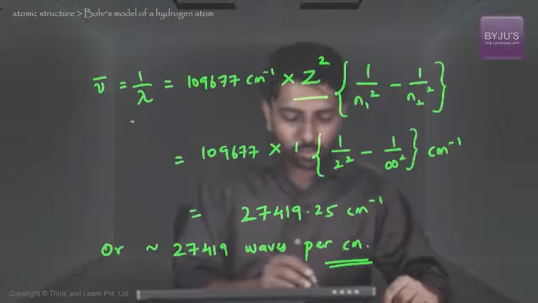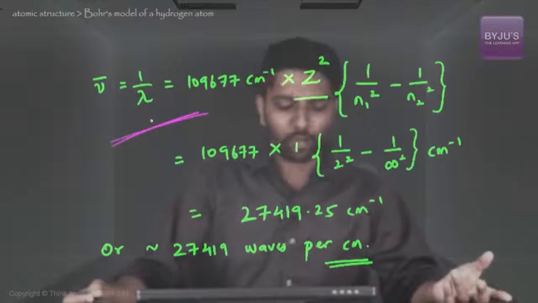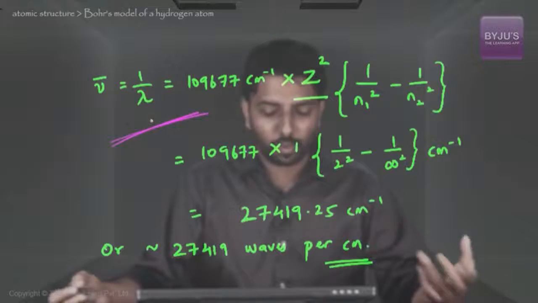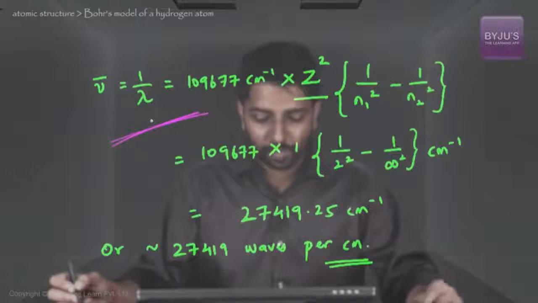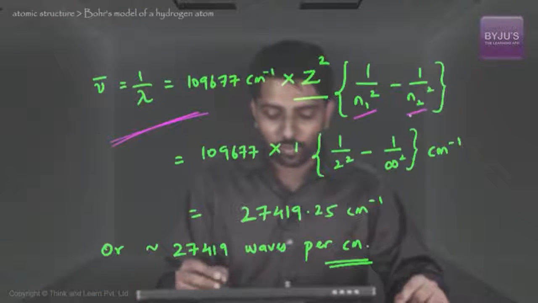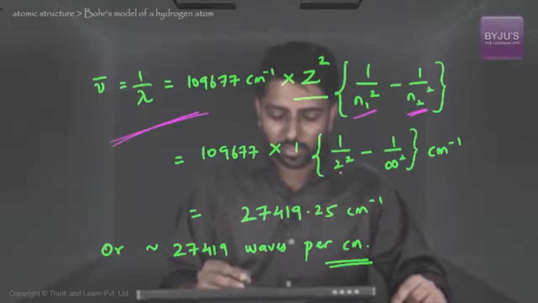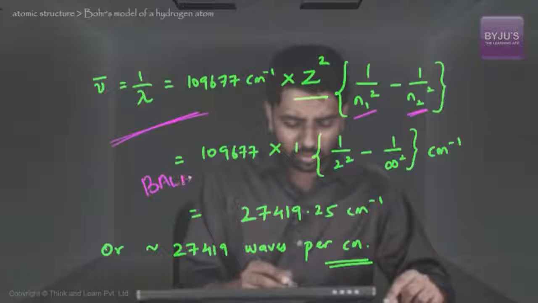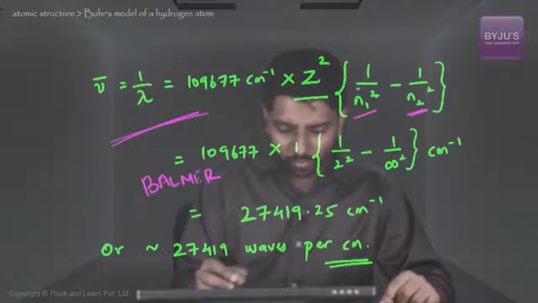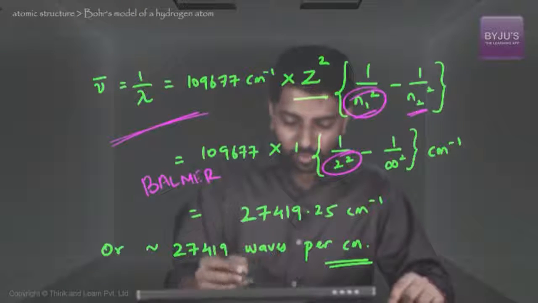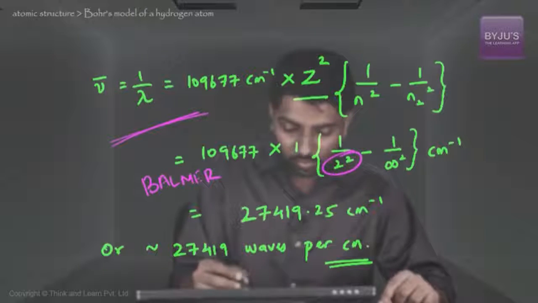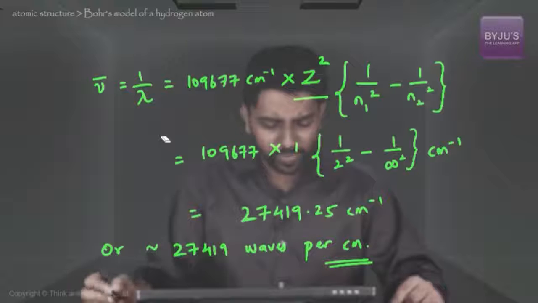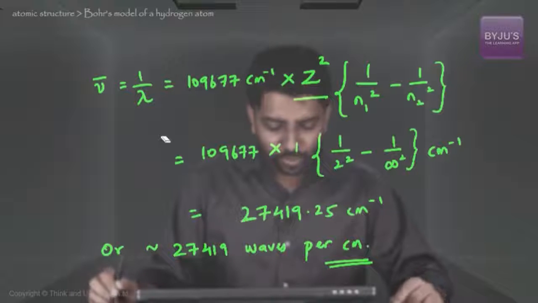So we know the formula for wave number. It is the Rydberg formula. 109677 per centimeter is the Rydberg constant. Z squared, here Z is the atomic number, and the atomic number for the hydrogen atom is 1, and we know what n1 and n2 are. So for the Bohr series, this value is going to be 2. And thus we plug in the values and we compute, and it comes out to be